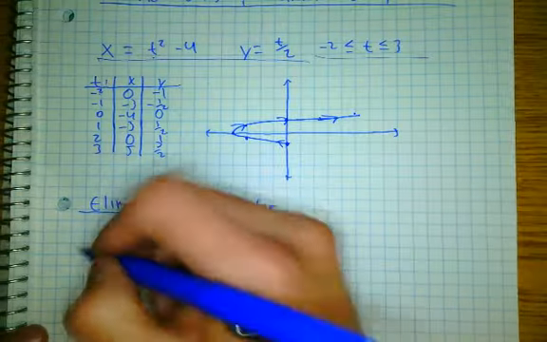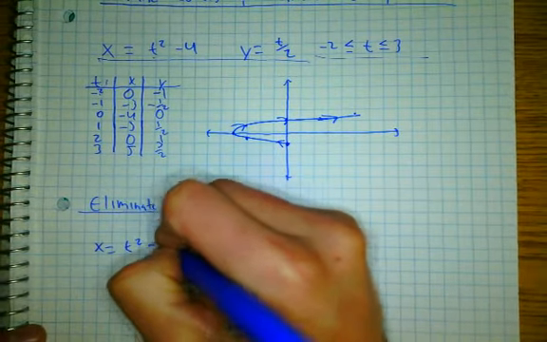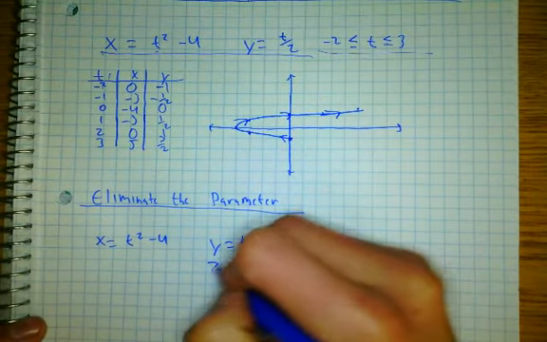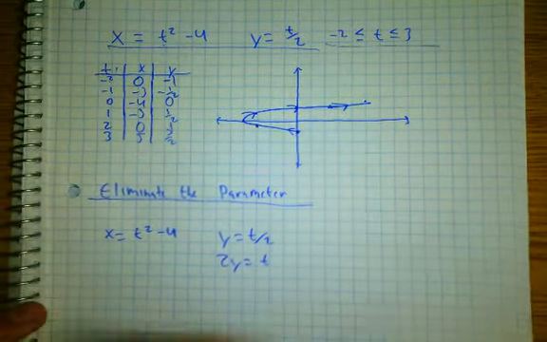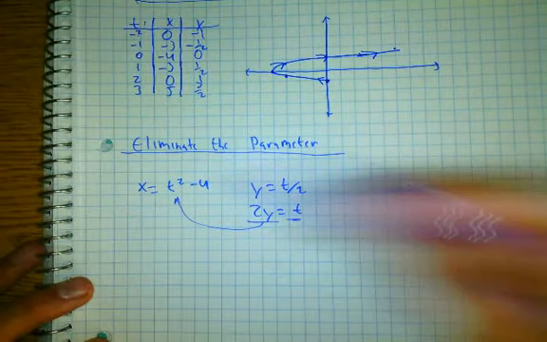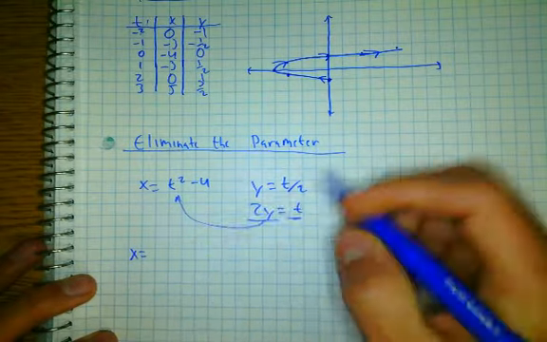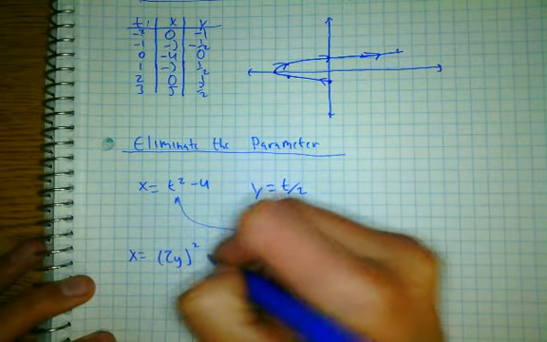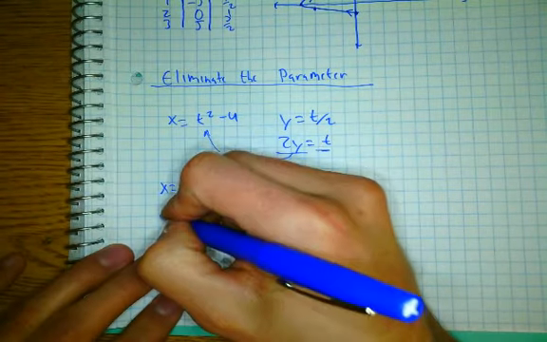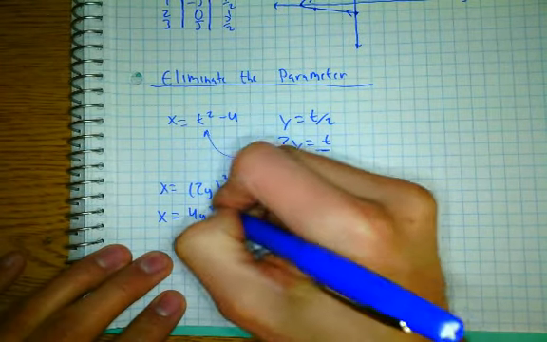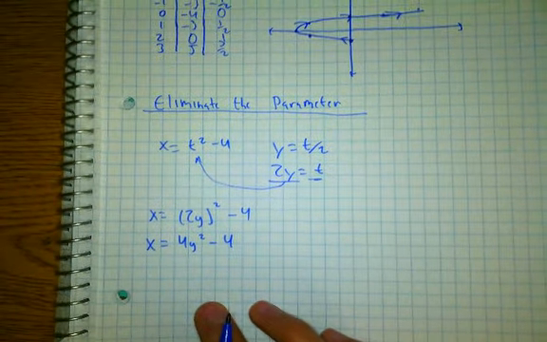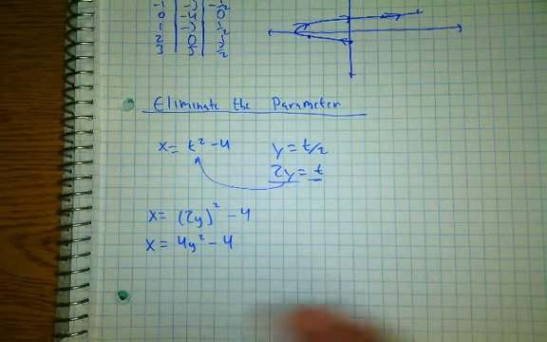So I'm going to take x equals t squared minus 4, y equals t over 2, and I'm going to solve this for t. That means 2y equals t. And I'm going to go into the other equation and substitute it in for t. So that means that x is equal to (2y) squared minus 4. And if we simplify this out a little bit, that means x is equal to 4y squared minus 4,